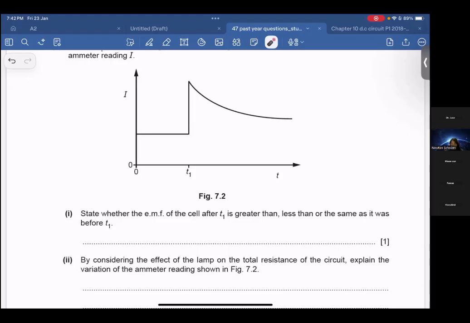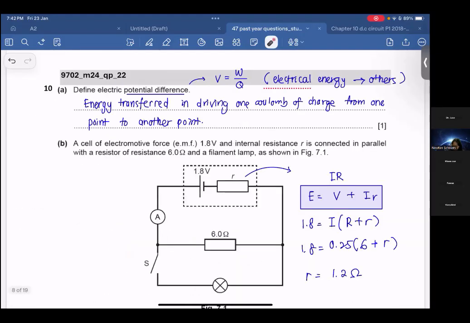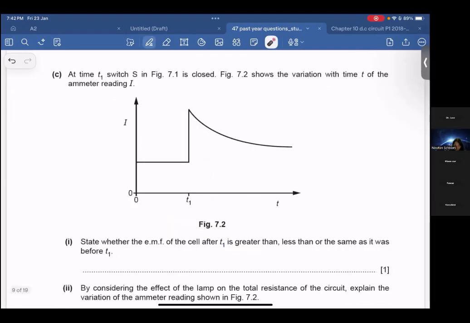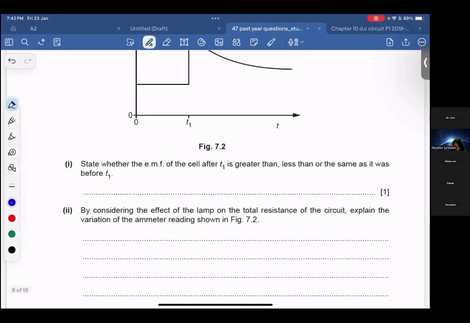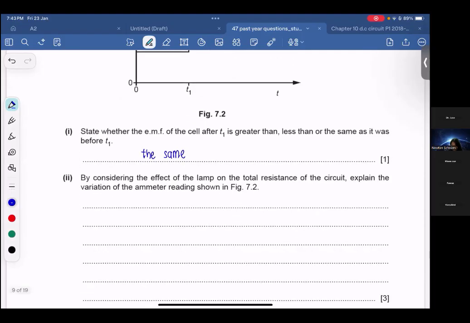Vashini, yes. EMF is this part. Okay? So when we close the switch, we don't change this part, right? You didn't change this part. So the EMF should be the same. So here, we write down the same. Okay, then here, by considering the effect of the lamp on the total resistance of the circuit,